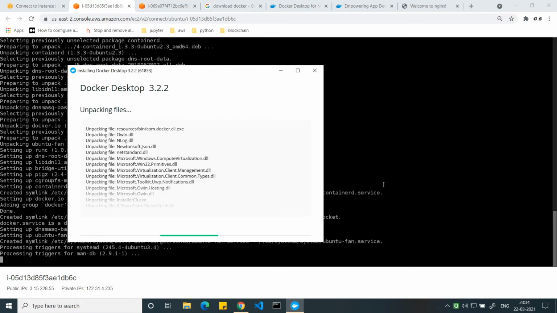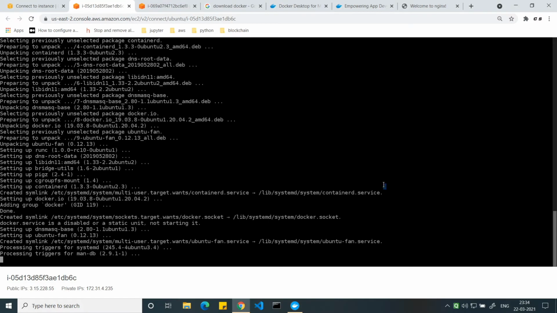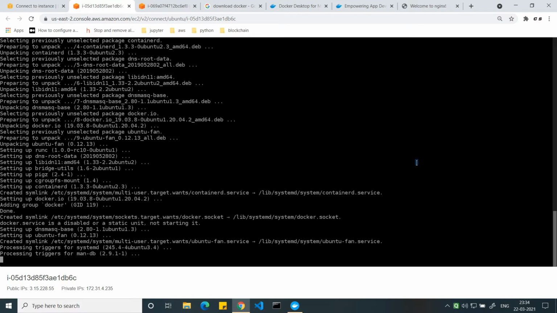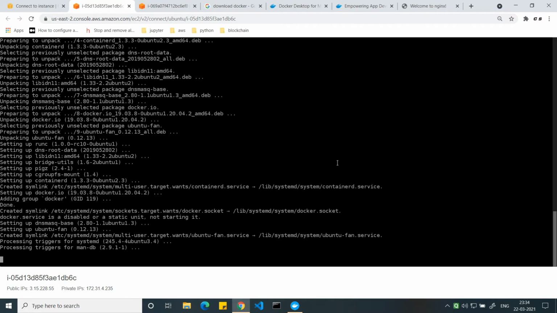That's perfect. See, it all depends on your Windows speed. It's about 500 MB, and on the processor, how many packages are getting unpacked. Okay, now let's see. It's taking some time here, or is it stuck? No, it's not stuck. It's taking a little bit of time in Ubuntu here.